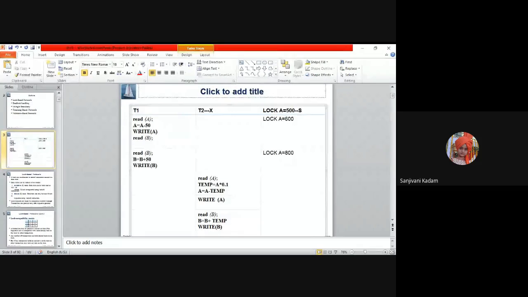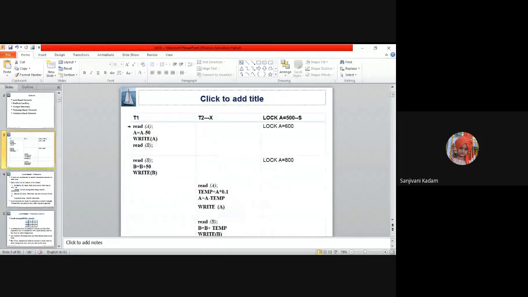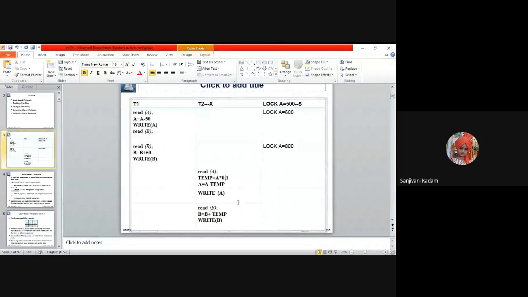Okay, so now let me check. This transaction T1 has been completed, and after completion of T1, my T2 transaction started execution. It means there is a serial execution. T2 executed after T1, which means the concurrent schedule I had has been converted into a serial schedule. And hence we can say that this schedule is a conflict serializable schedule. If there is no conflict between two statements, I can interchange them and convert the given schedule into another schedule. Okay, this is the concept of conflict serializability.